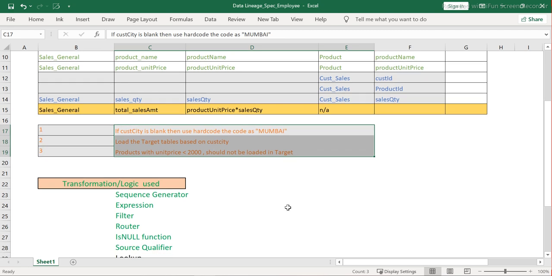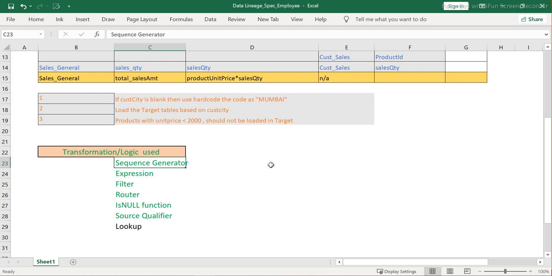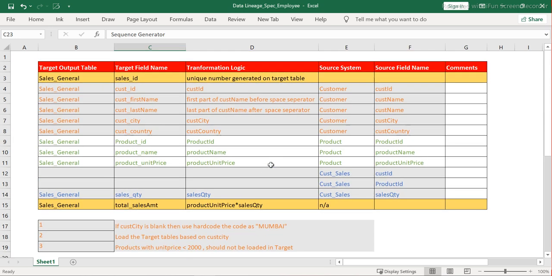And then guys, the first thing we are going to do is use the transformation logic as a sequence generator, okay? So I will show you here, guys. This is also called a surrogate key, right? I think I have not covered the data warehousing concept before, but maybe I will cover the topic of surrogate key as well. So what is a surrogate key? A surrogate key is basically